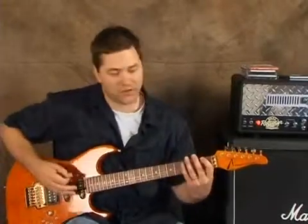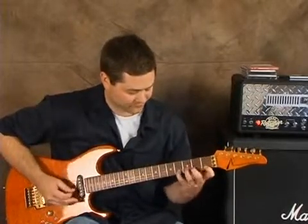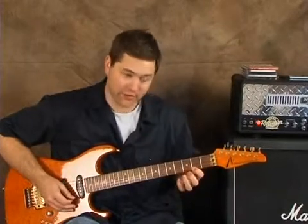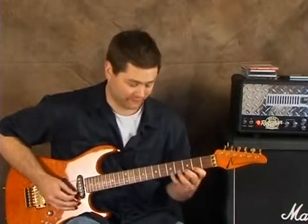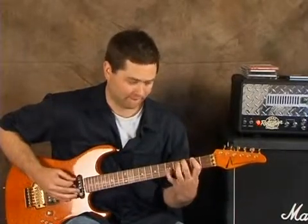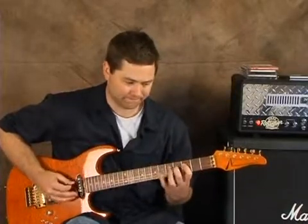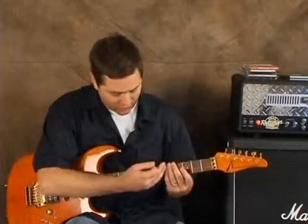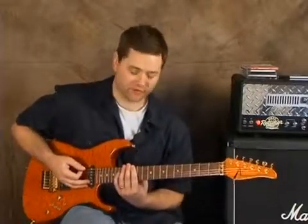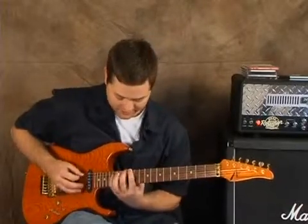mean by that. So let's say I go up the 1st fret. You're going to slide it up, and then do the same thing on the 2nd fret, and come down. Then you're going to go up to the 3rd, etc. And you're going to go all the way up. You know, if you want to take it up to the 12th fret, that's fine. And then bring it all the way back down. So the way you'd bring it down is...